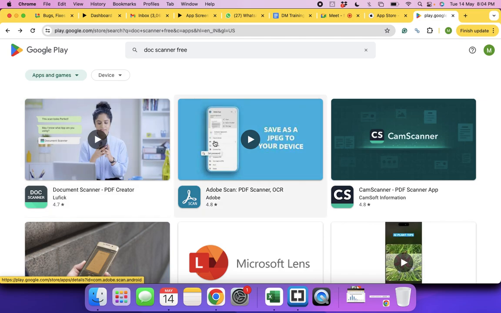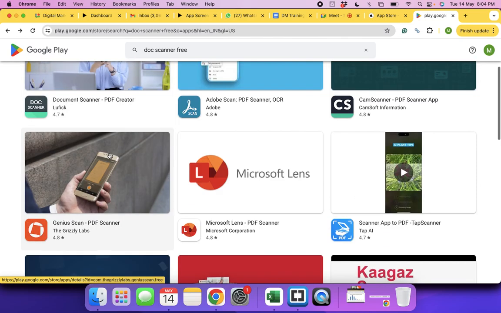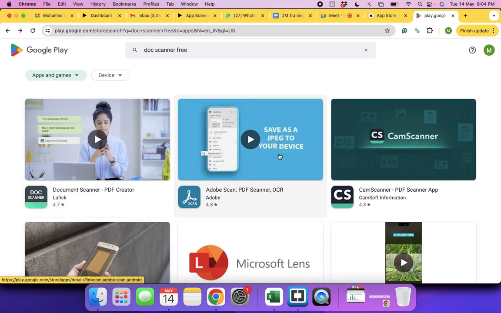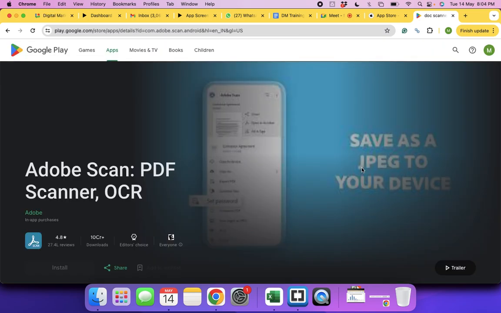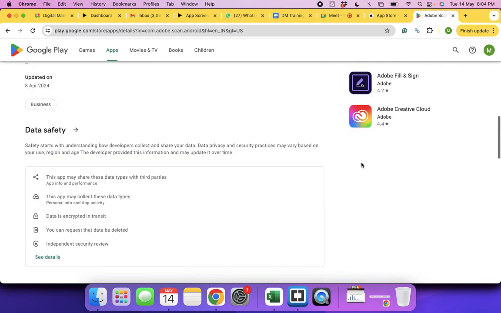So now CTR. You have searched for document scanner, but then you did not click on this. See, all of this has got equal amount of impressions, but you did not click on this. You clicked on this or this because the rating is 4.8. Let's assume all of them are document scanners. The rating is 4.8, 4.8, and this is 4.7, and the chances of you installing, the CTR, could be high for this.